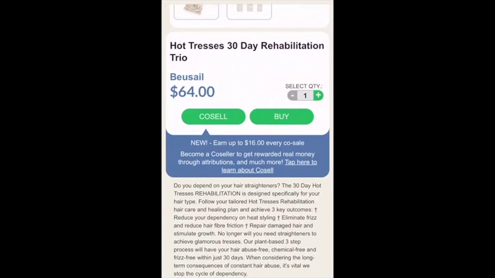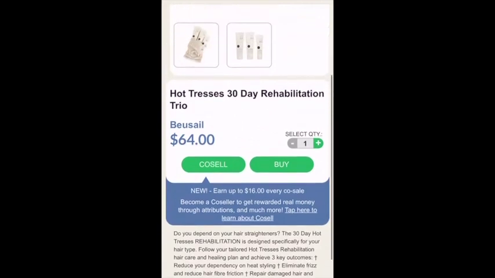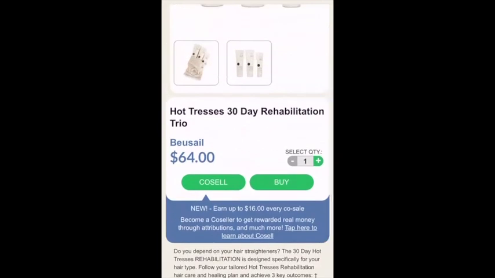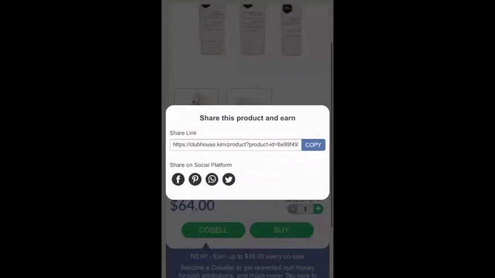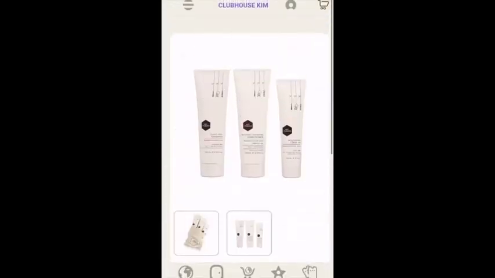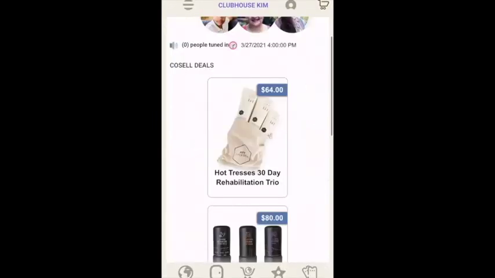So what we're able to do here is, even though the platform is making a little bit of money, the platform's making 10%, there's $16 available for anyone to make on this particular product. And how do you make that money? You just share it on every single social media platform out there. And again, you can monetize your audience. And as you bring people into the network by sending them this link, you'll be able to essentially make a little bit of what they make.